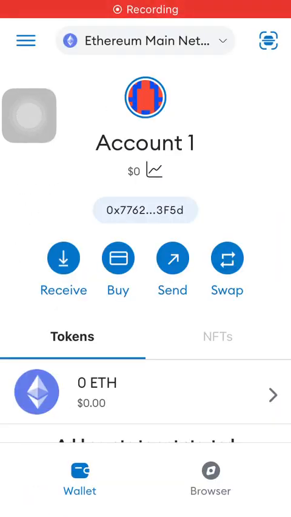Hello guys, in this video I am going to show you how to enable the automatic security check feature on